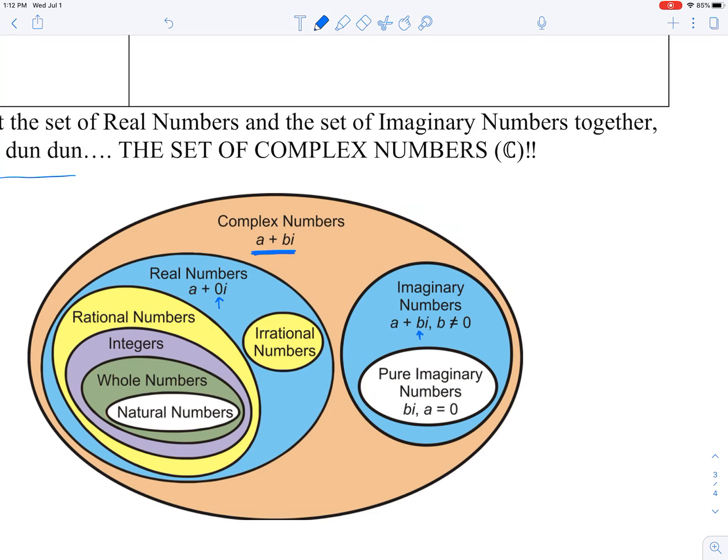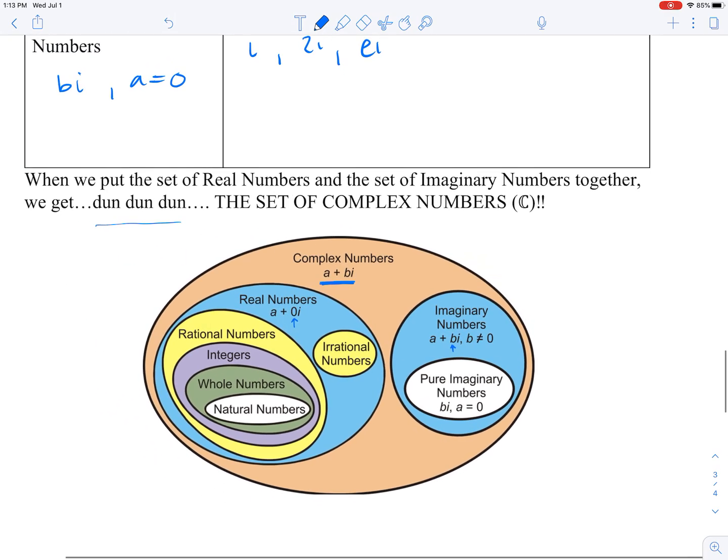Again, there are infinitely many elements, infinitely many numbers that belong to each set that we just talked about. So while this picture makes it look like there are different sizes of subsets of the complex numbers, each set has infinitely many elements that belong to it. There are infinitely many pure imaginary numbers, infinitely many imaginary numbers, when we're talking, you need to really think about the definition of what a